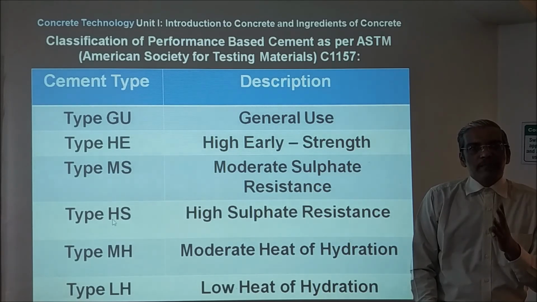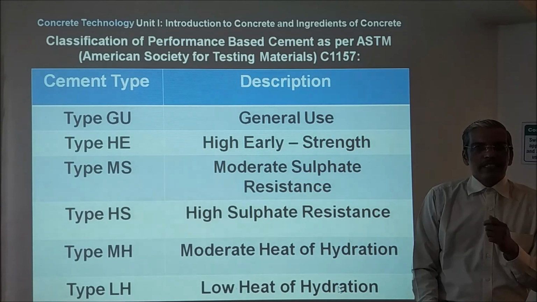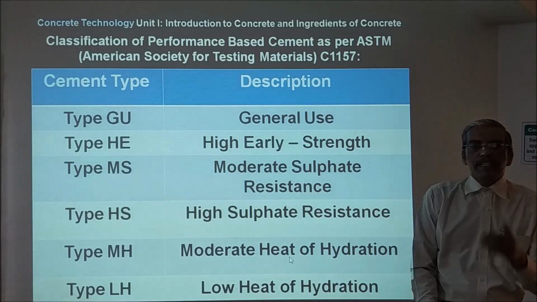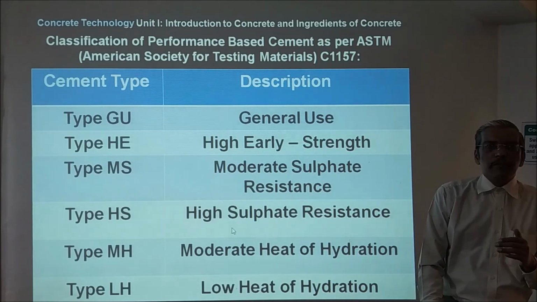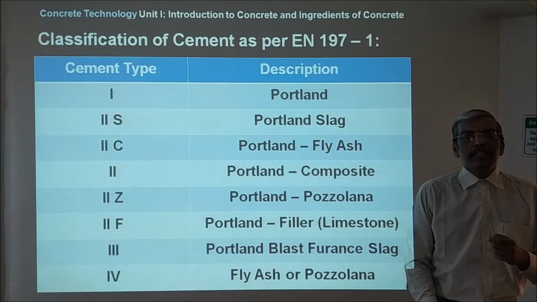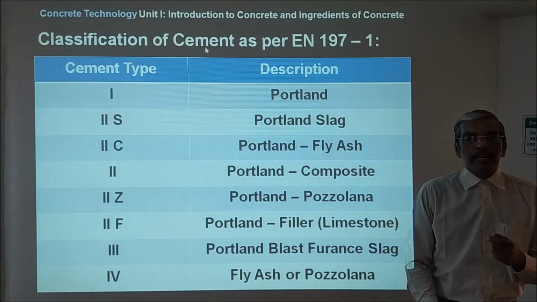Fourth type is type HS, that is high sulfate resistance. Fifth type is type MH, that is moderate heat of hydration. And sixth type is type LH, that is low heat of hydration. So these are the classification of performance based cement as per ASTM, that is American Society for Testing Materials. Now we will see the classification of the cement as per European standards, that is EN 197 part